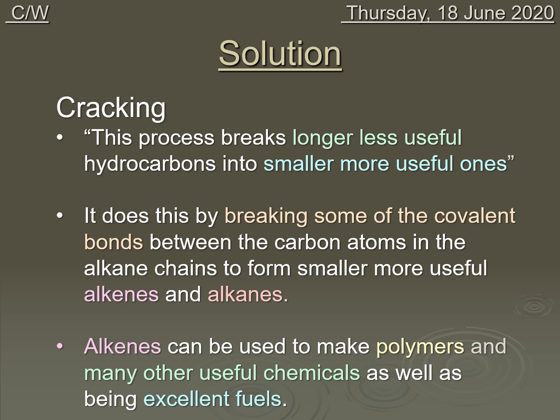Now, this does break the covalent bonds within the molecule between the carbon atoms to make smaller molecules. And this makes two kinds of molecules, the alkenes and the alkanes, that we looked at in detail last lesson. Now, as mentioned last time, the alkenes are particularly useful because they make polymers, and they are also very important feedstocks, making lots of other things like industrial ethanol and haloalkanes and all kinds of other things. You can add useful things to alkenes through addition, which we'll meet in the next topic.